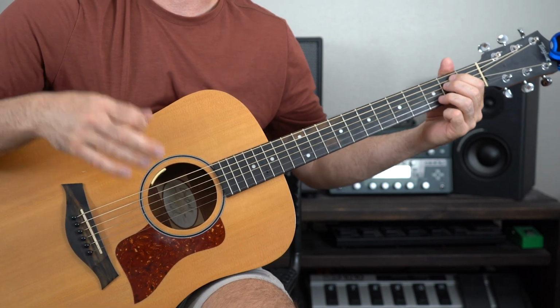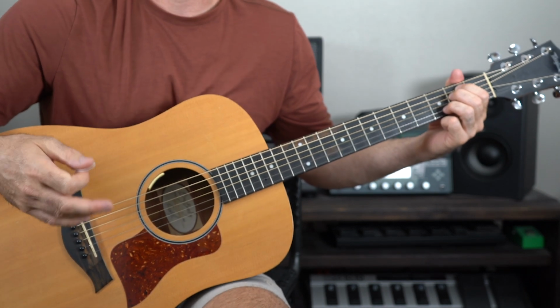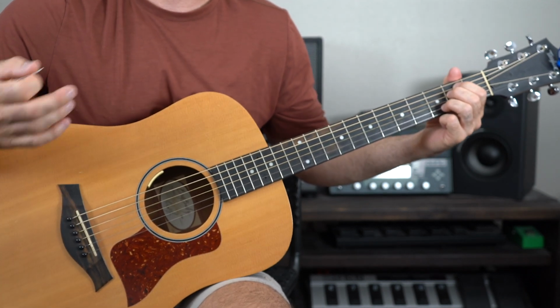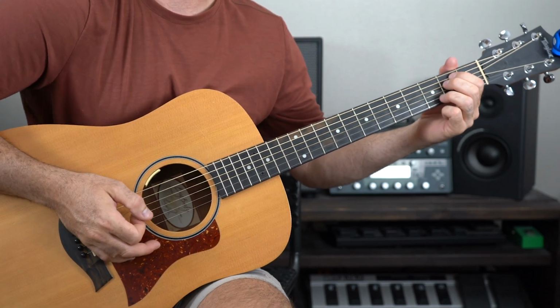And you don't have to do down, up, down the entire time. You can mix one or two in here and there, and that's what gives it a really cool feel. And it makes it sound unique and not the same every time. So a down, up, down is